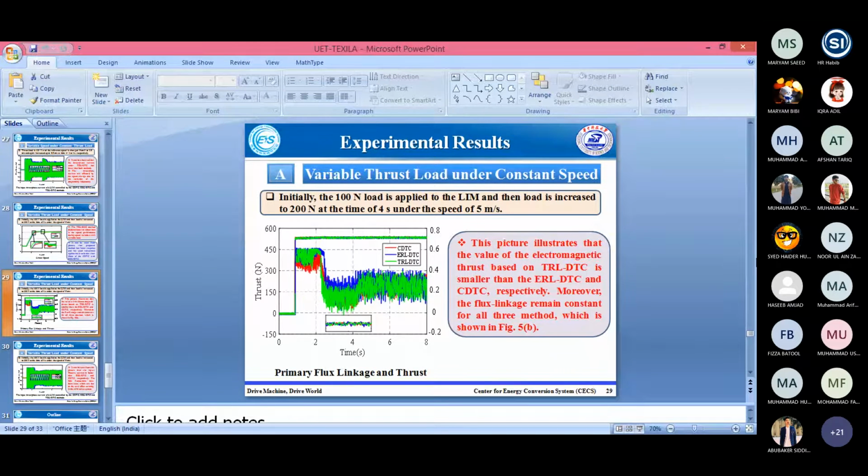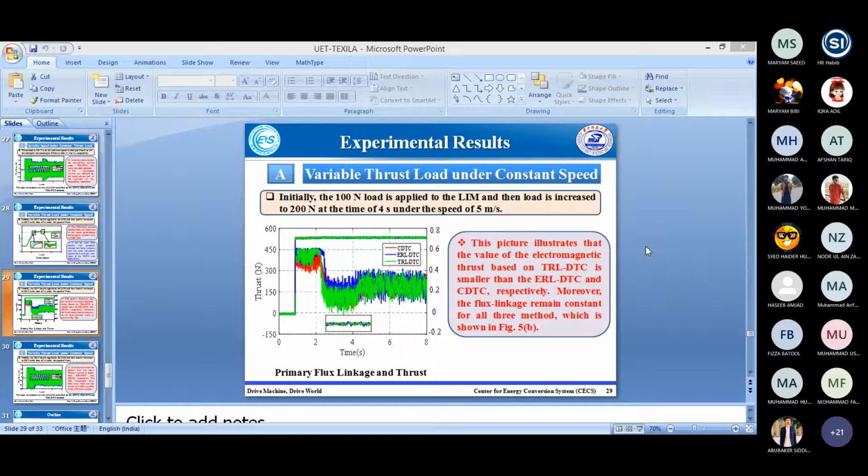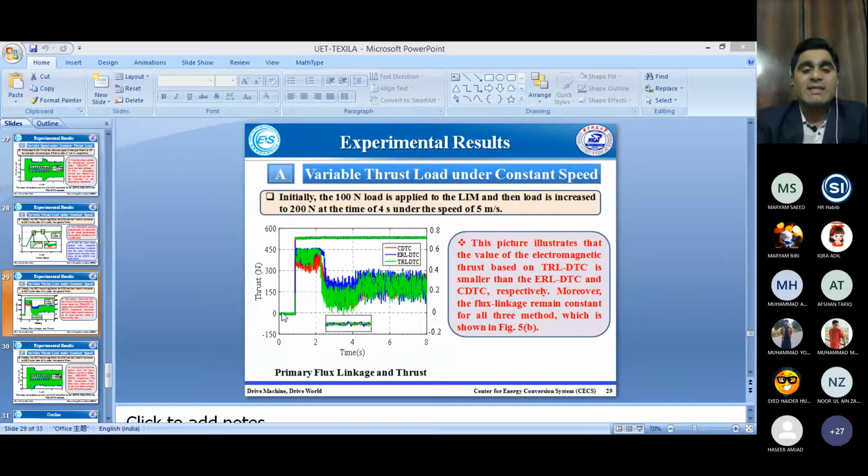Now we can check the thrust. Whenever the load is 100 Newton meter, after some time the load is increased 100 times. Initially we can see the response with the 100 Newton. Again when the load is increased at this point, this is the starting point of the machine. This is the 100 Newton meter. After this time the load is increased. So here we can say that the thrust ripple is similar under the slide mode control to the conventional